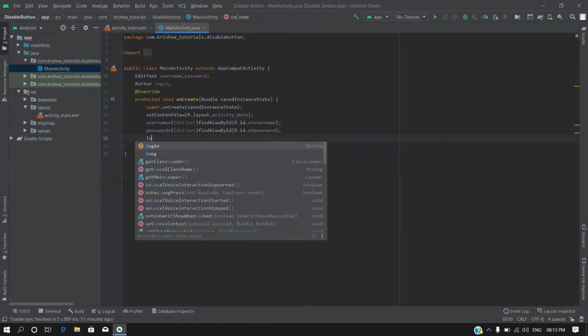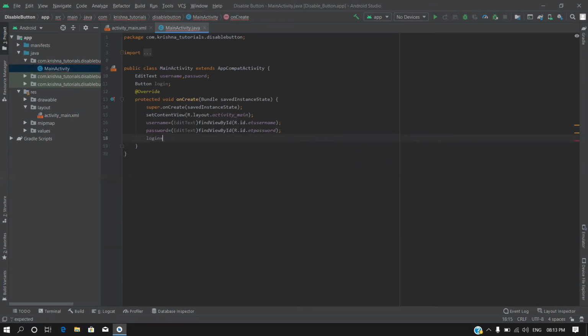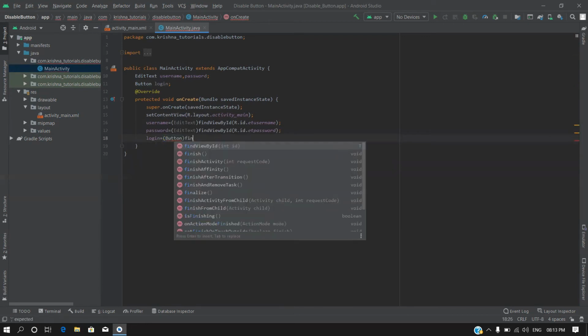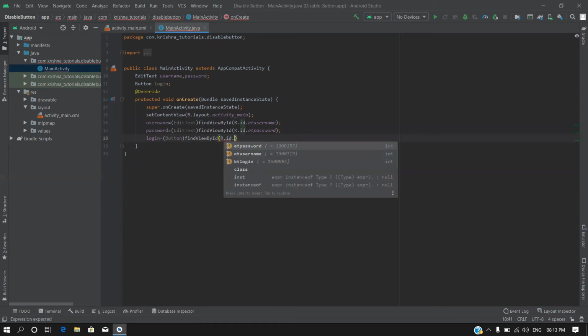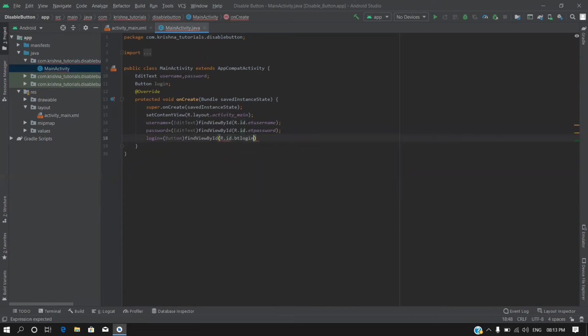The last one is login of type button, by using find view by ID R.id.button login. So we are done with the mapping.